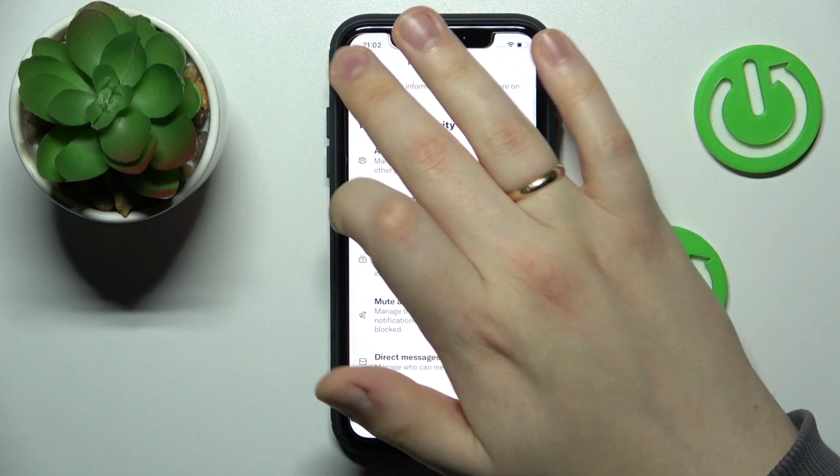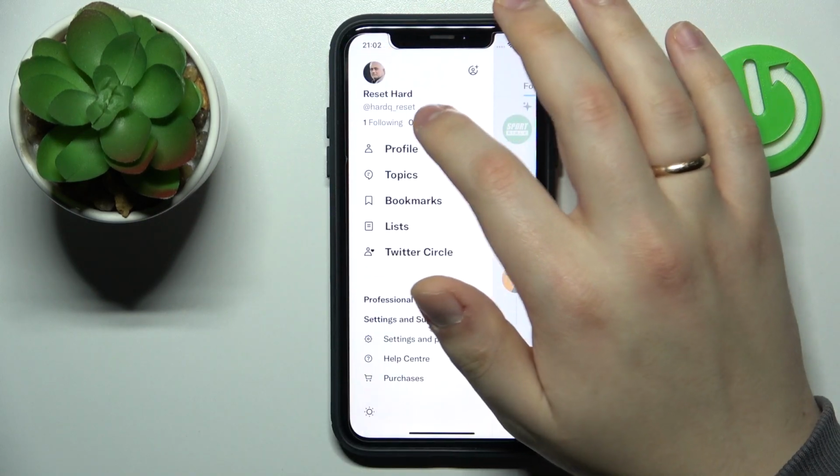And once you do that, if I get back to my Twitter, as you can see it became public, so